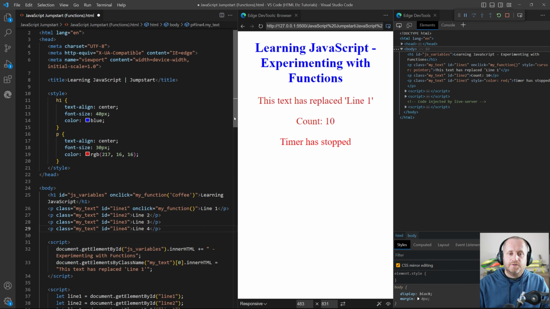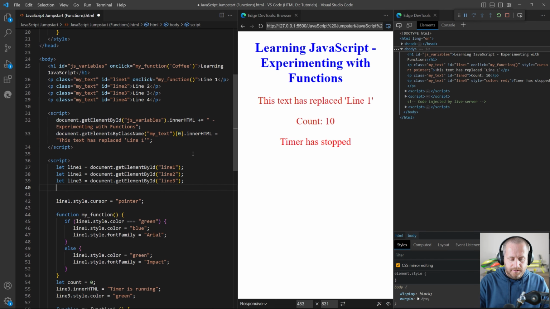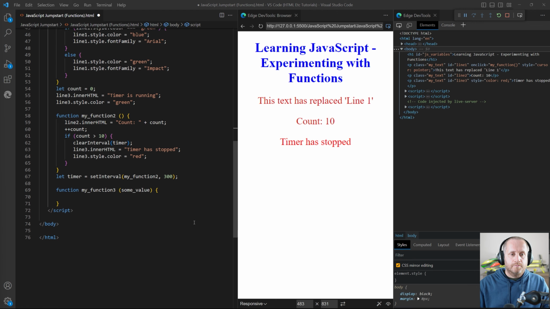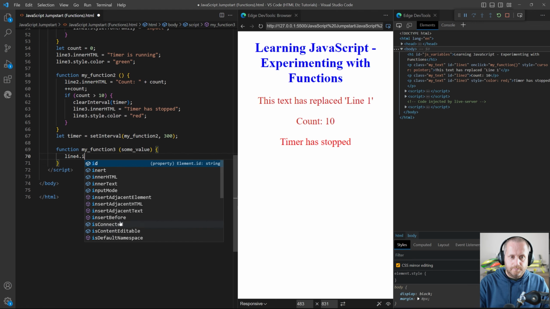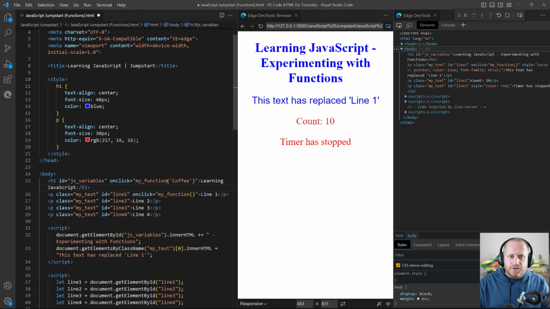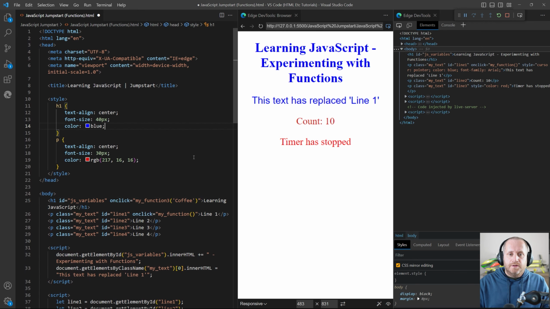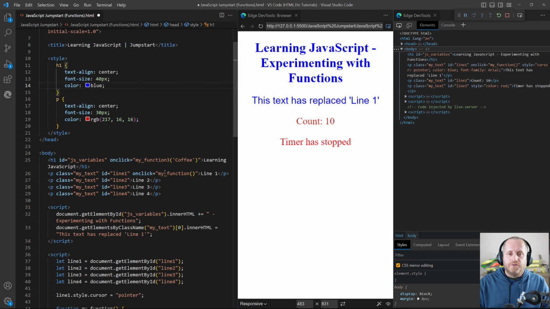And then we've got to call the getElementById function again. That needs to be my function 3, is that correct? Yeah. So we're calling my function 3 and we're